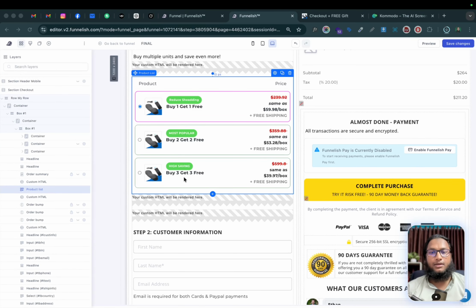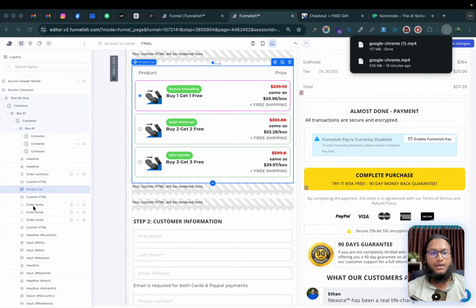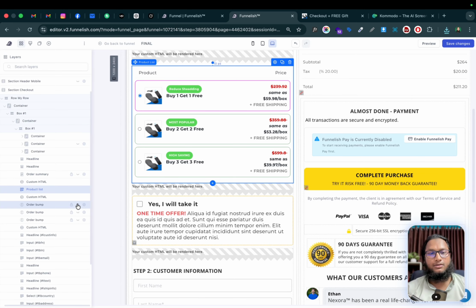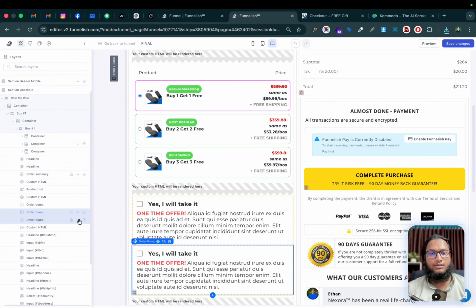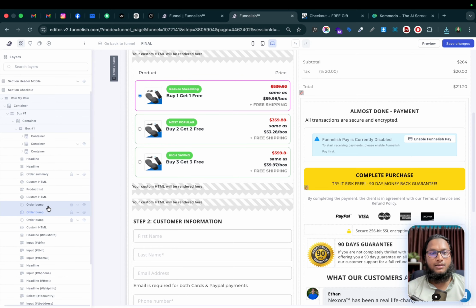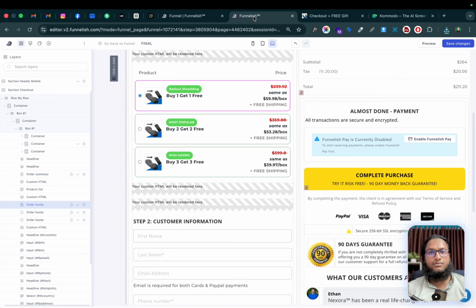Okay, another thing I missed here. I added the order bump product here, and I hide it normally, like previously on. So I just hide them like this and select this product bump with these products, like three products order bump